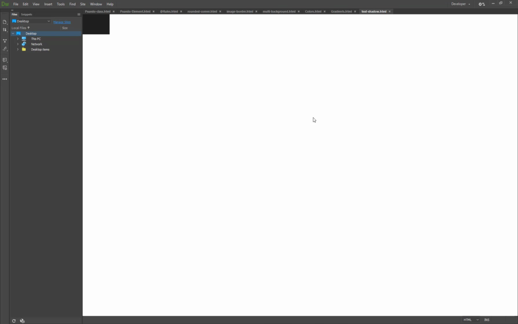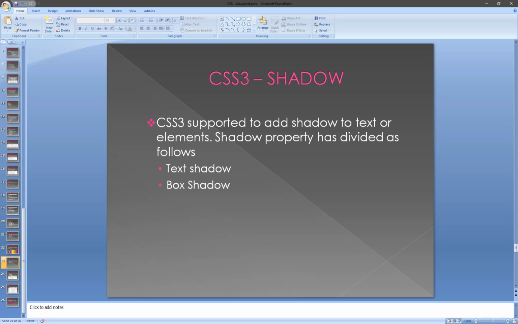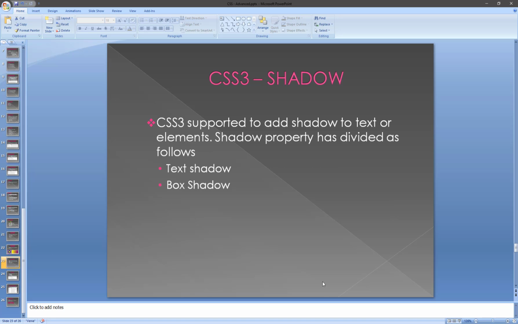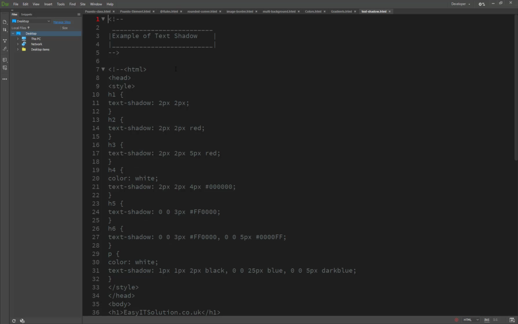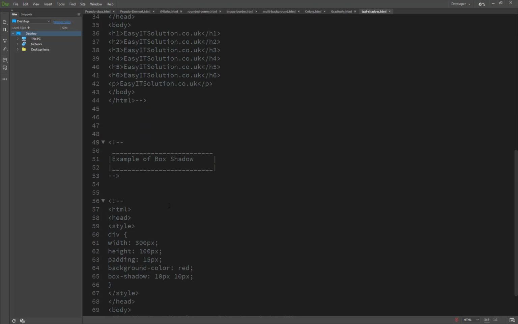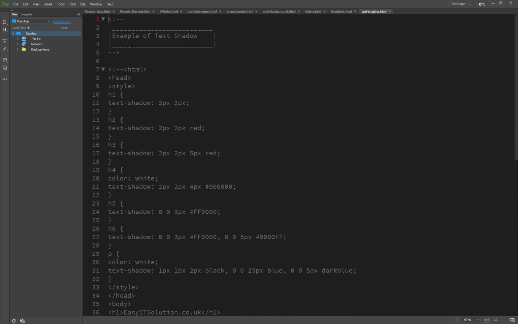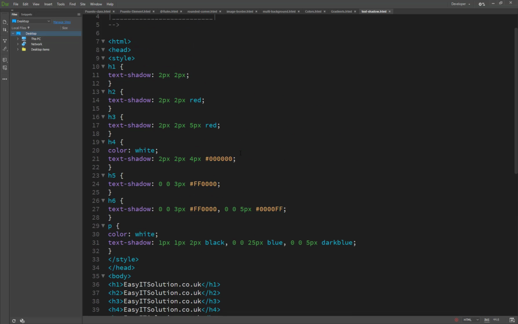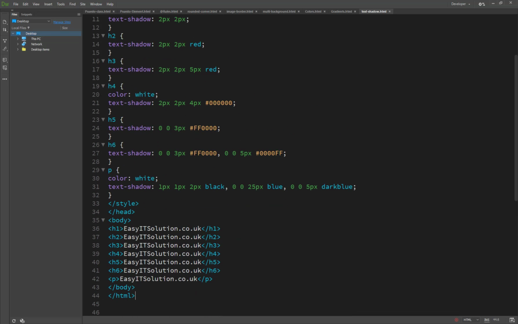So just open here, and now we have moved here to text shadow. So what is the CSS text? It contains several extra features which were added later to text overlay. Now here the text shadow. I have shown you the example of the text shadow, and here the box shadow. So now I have just uncommented this one, and you will see here I have set the H1, and from H1 to H6, and then the last one, paragraph, I have repeated many